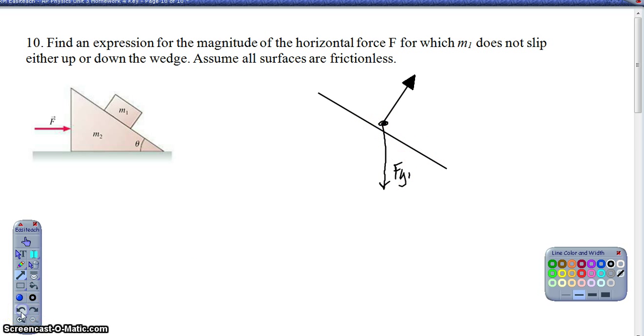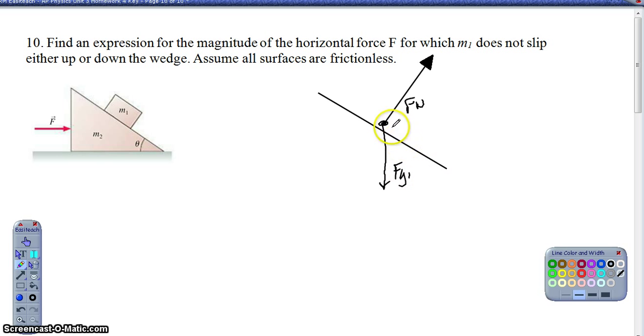Well, the reason this question is trickier is because by adding this force over here, we're actually increasing the normal force between the surfaces. So the normal force between the ramp and the block is actually now greater than the force of gravity. So this normal force here is now larger than the force of gravity. So if I start to think about this in terms of components,